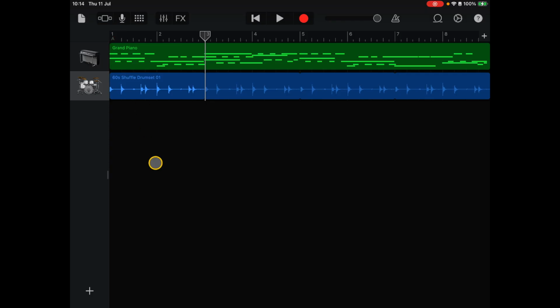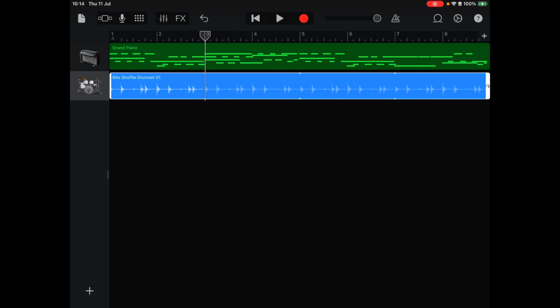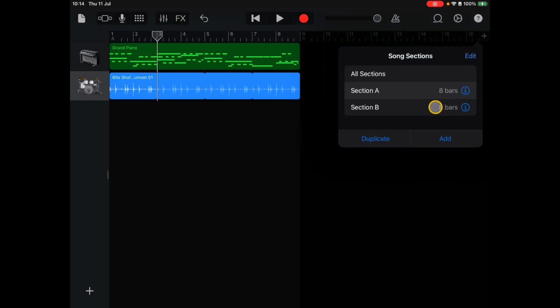And once again, if you ever want to change this, you just tap on a region and drag it to where you want it to come in. If you find it does not move, it's probably because the section has been fixed to 8 bars. And if you want to change that, you can then add a second section,